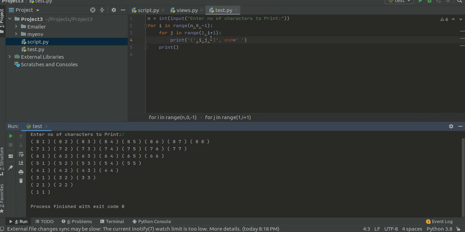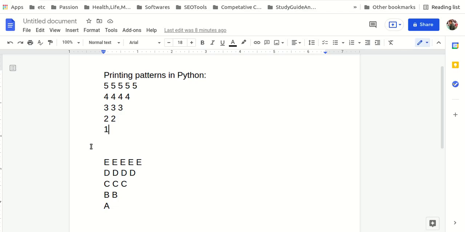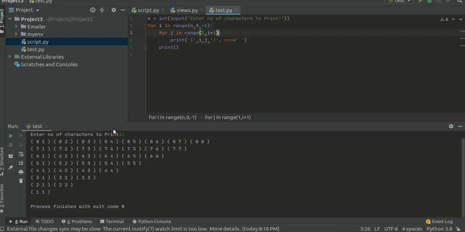So we can easily see that if we print the value of i only, it will give us the required pattern, correct? So we'll simply remove everything from here and print only i.